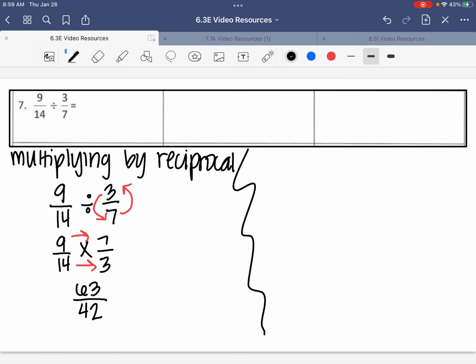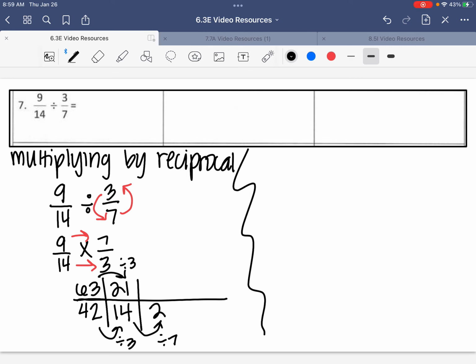Well, right off the bat, I see that both of these are divisible by 3. So I'm going to extend my table and just make some equivalent fractions. If I divide by 3, I get 14 down here, and if I divide by 3 up top, I get 21. And this helps me. Now I see that they're divisible by 7. So 14 divided by 7 gives me 2, and 21 divided by 7 gives me 3. So my simplified answer would be 3/2, which I know